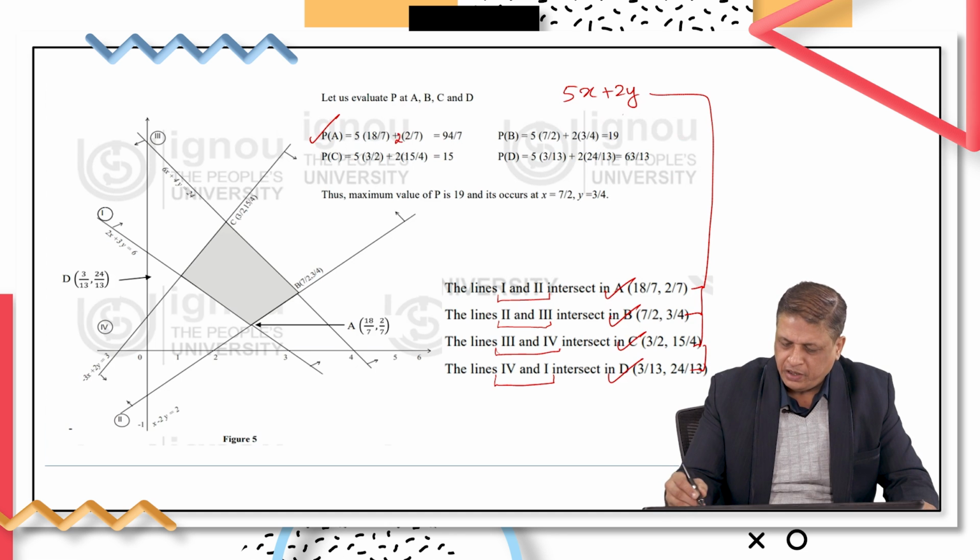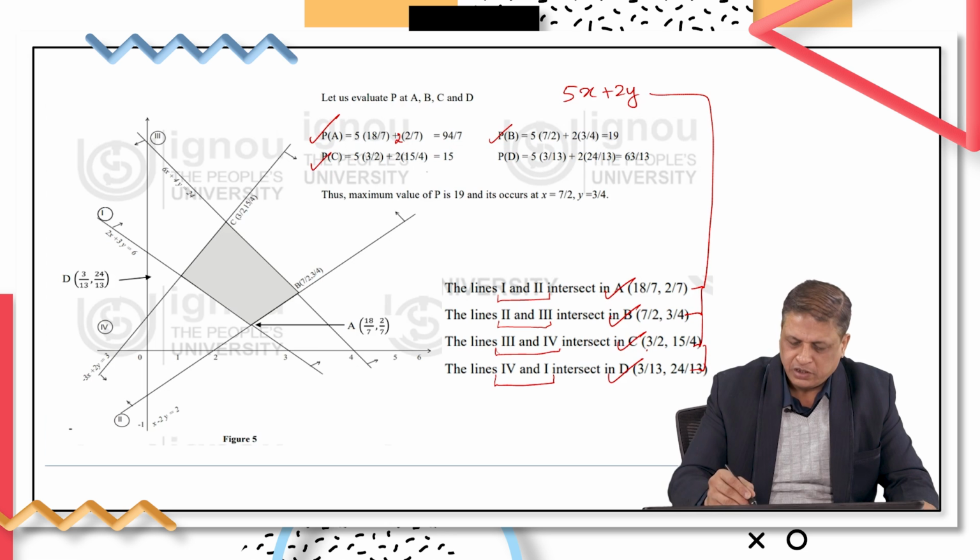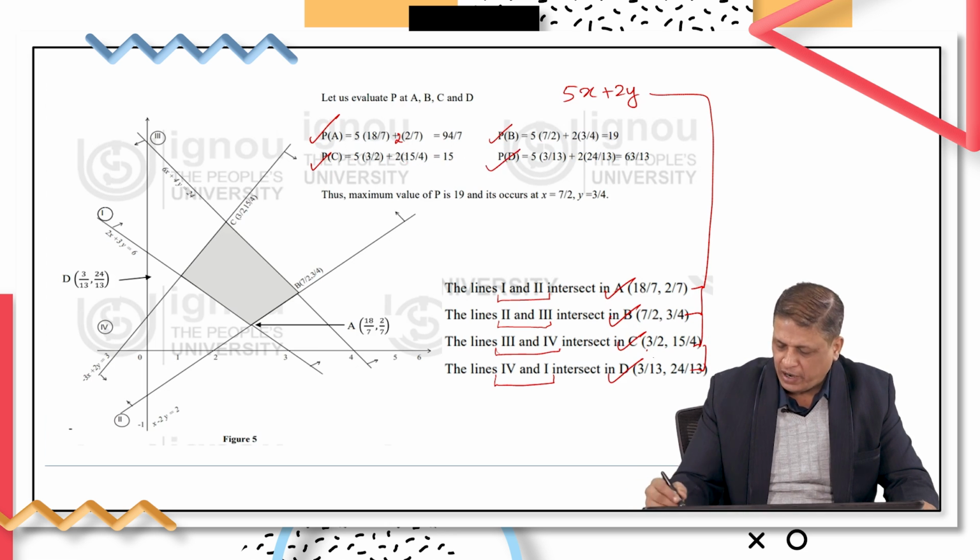Similarly, at point B it will be 5 into 7 by 2 plus 2 into 3 by 4. At point C it will be 5 into 3 by 2 plus 2 into 15 by 4. At point D it will be 5 into 3 by 13 plus 2 into 24 by 13. And it turns out that the profit is maximum at point B, and this profit